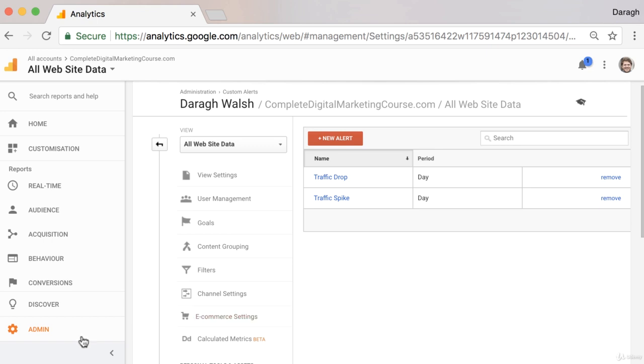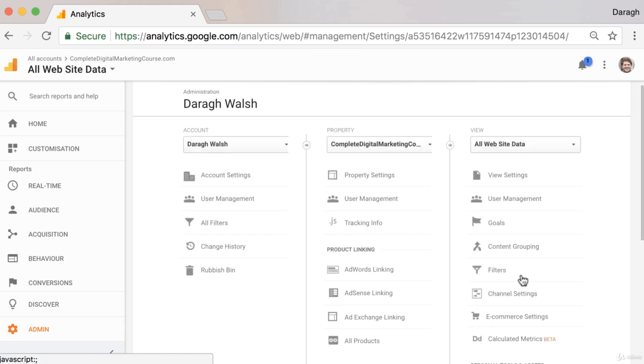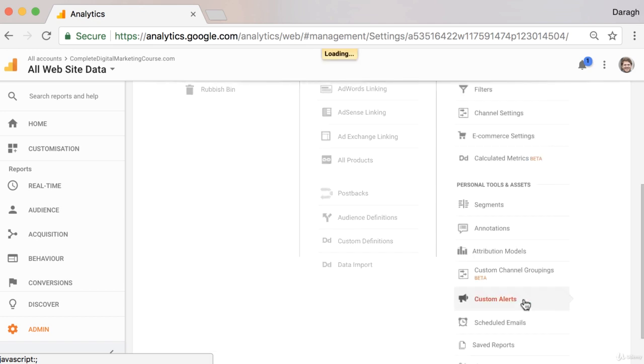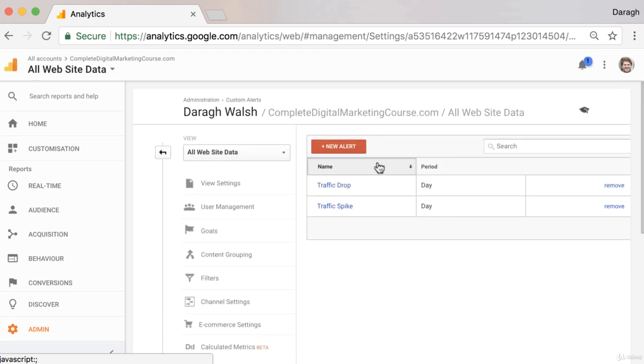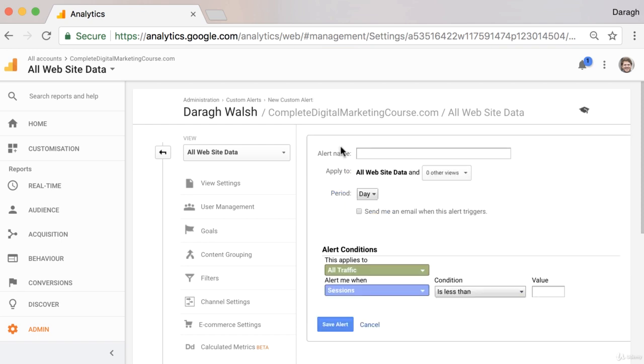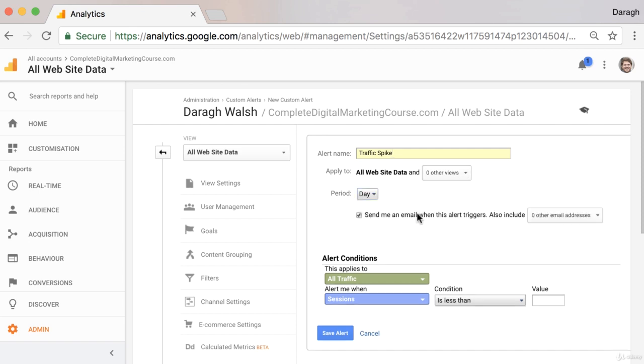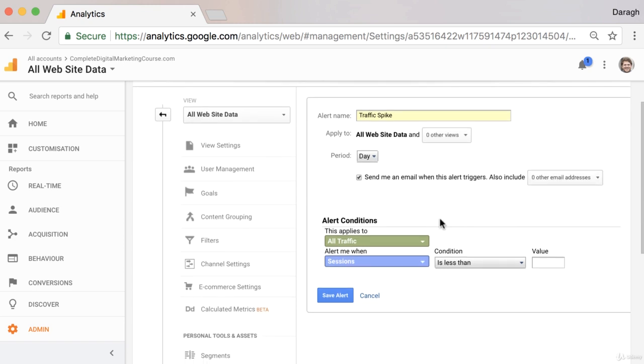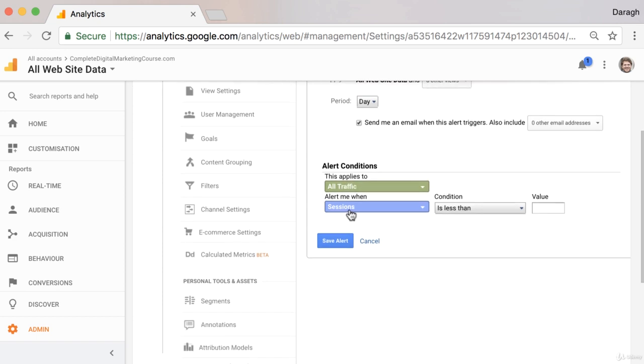And to set it up, you want to come into your admin section and you can scroll down to custom alerts. And really you can create a new alert. I'll show you how to set it up for traffic spike. We want to apply it to this view. We're going to look at a day. We can select that we want to be notified when this alert triggers, and we can add other people there as well. We're going to apply this to all our traffic, and the conditions for getting this alert is when